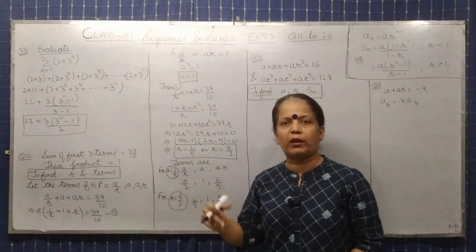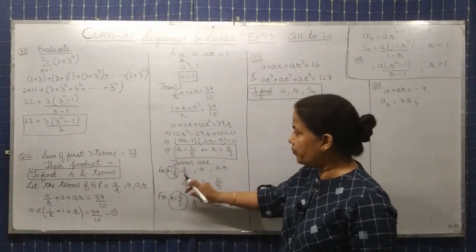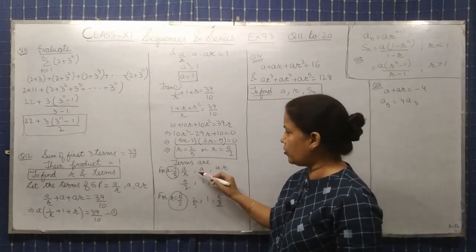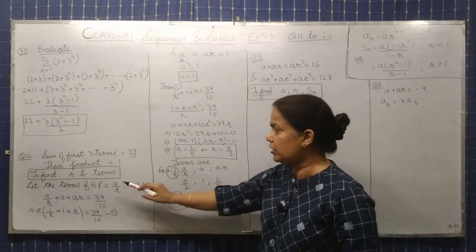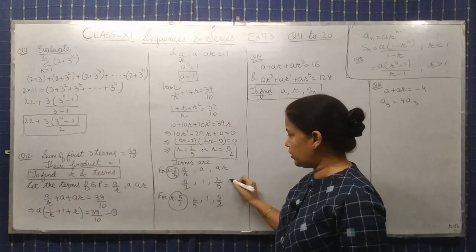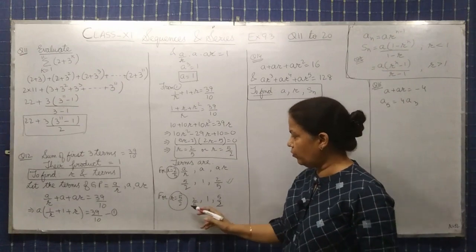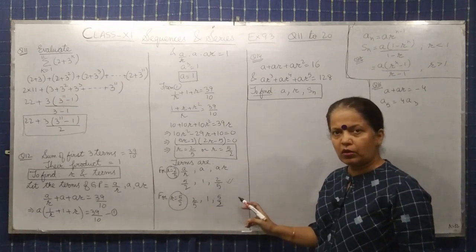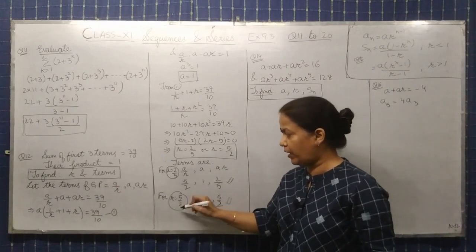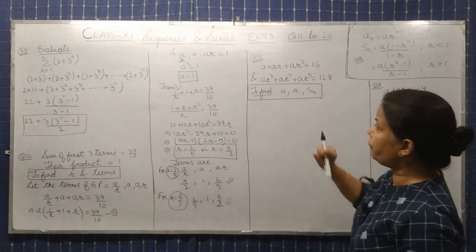So you will take it one by one. For R equal to 2 upon 5, put the value in this sequence, all the terms A upon R, A and AR, where A we have already taken as 1. So substitute, you will get this series. Then you will take R as 5 upon 2 and find the other terms. So you will get these terms, and then by taking 5 by 2, you will get these terms. Is it clear?